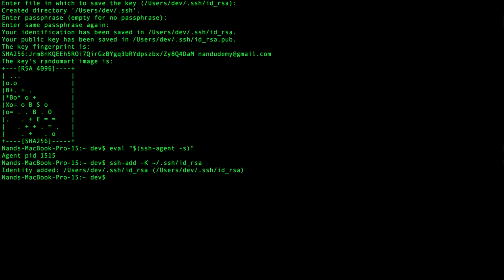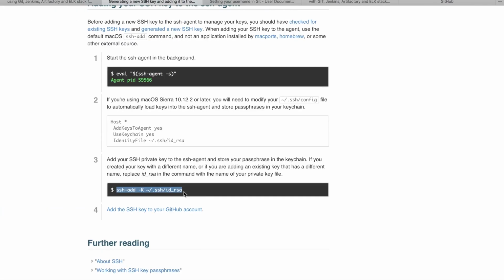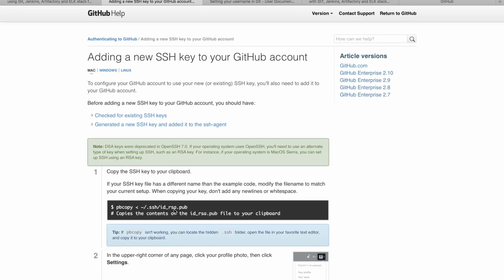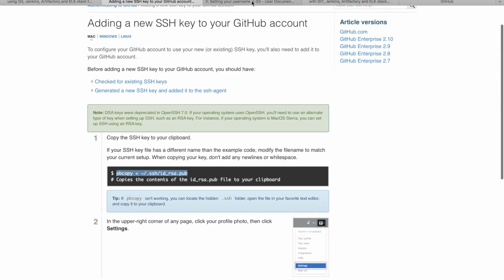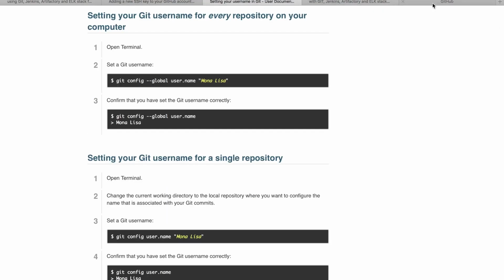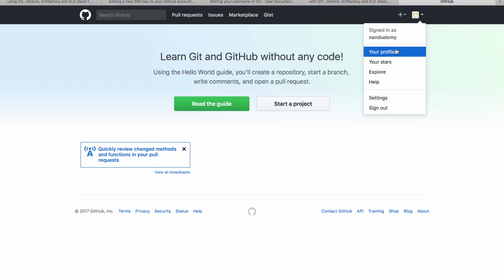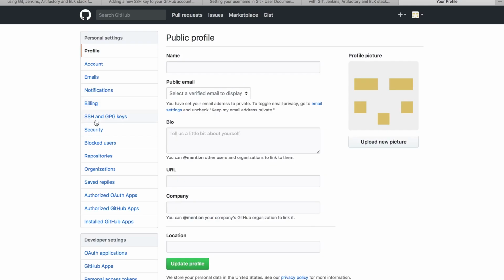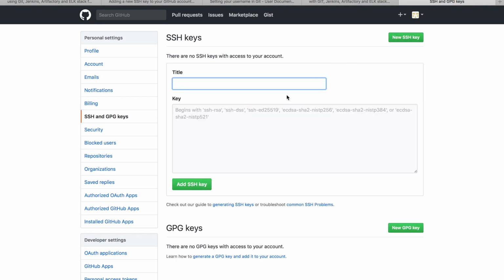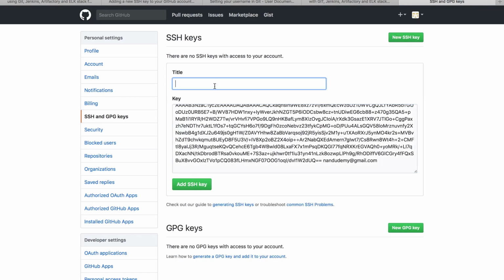So we're going to add the key to the private repository, and once that's generated, we need to copy the SSH credentials, which basically this command copies to a clipboard, and then I can go into my GitHub account, go into my profile, go into my settings, go to SSH keys, do a new SSH key, copy from my clipboard, and I can